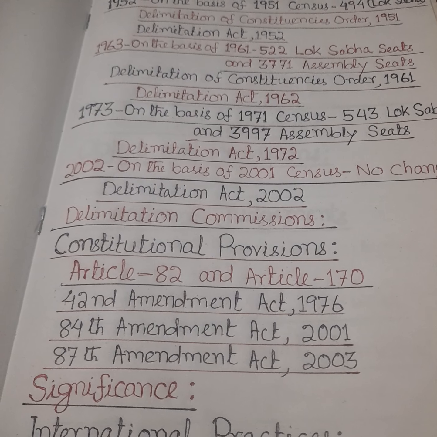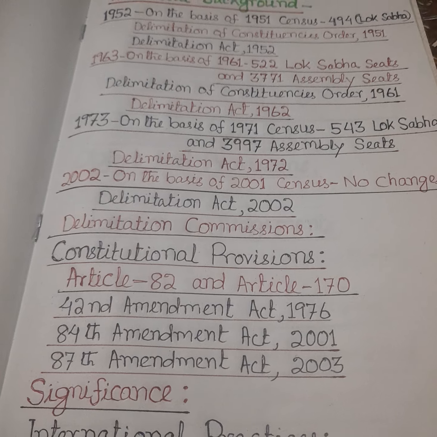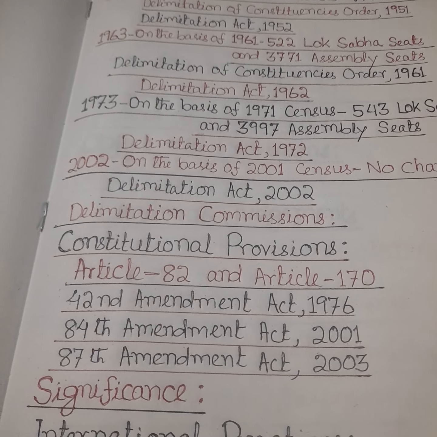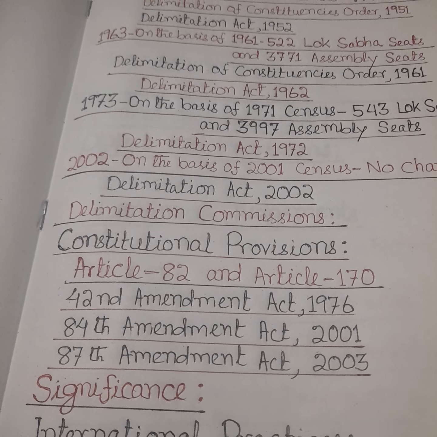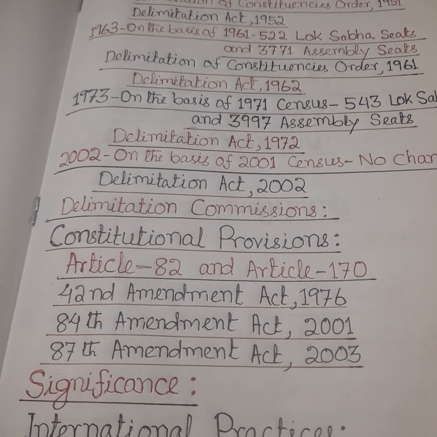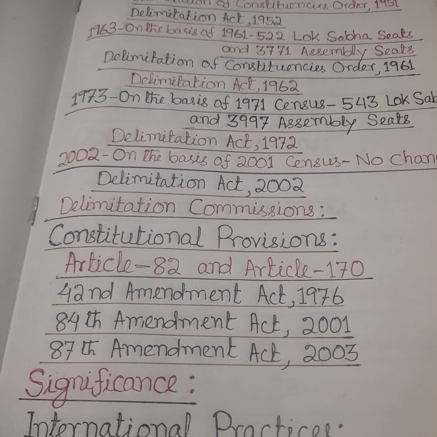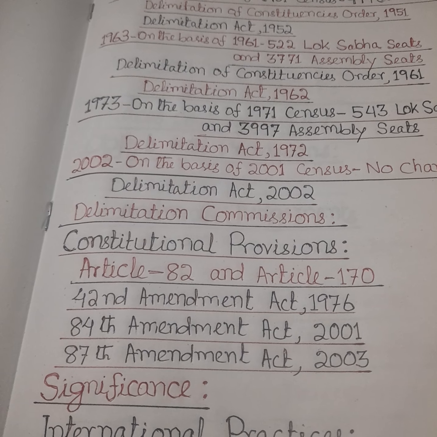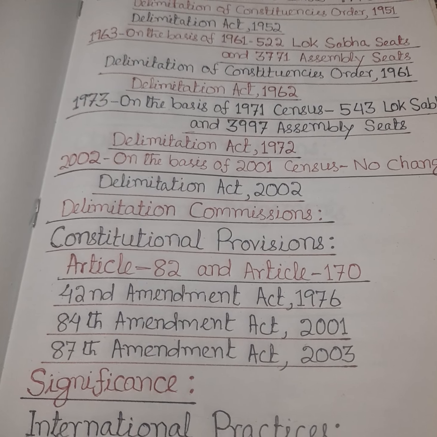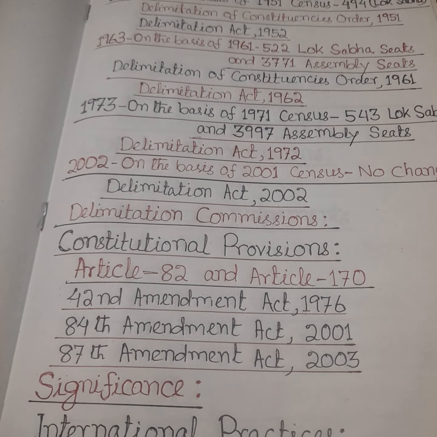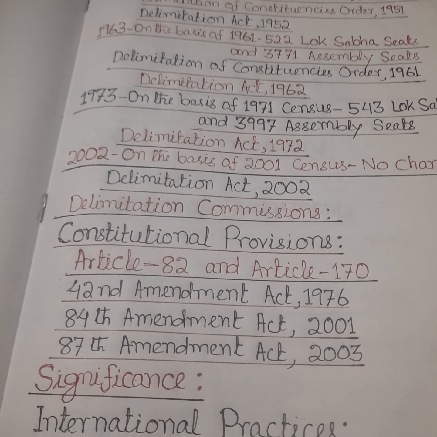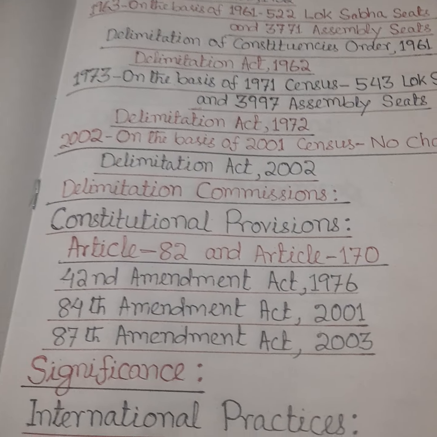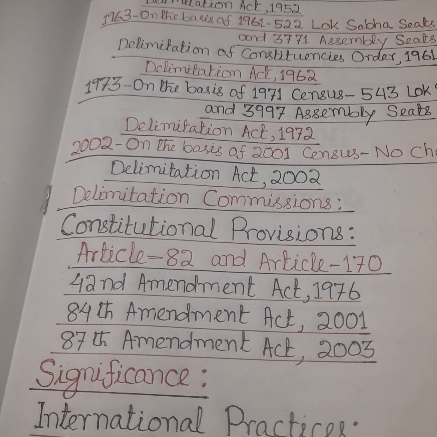The process was made under the Delimitation of Constituencies Order of 1951 issued by the President, then subsequently the Delimitation Act of 1952, which was enacted by the Parliament of India, and the process of delimitation was carried out through the Delimitation Commission